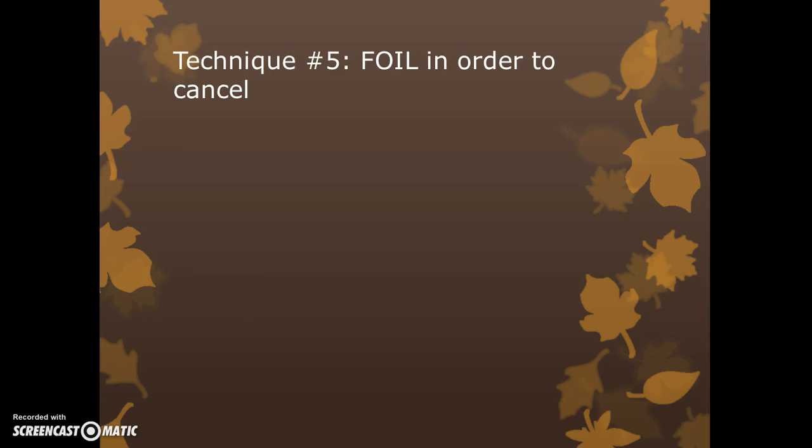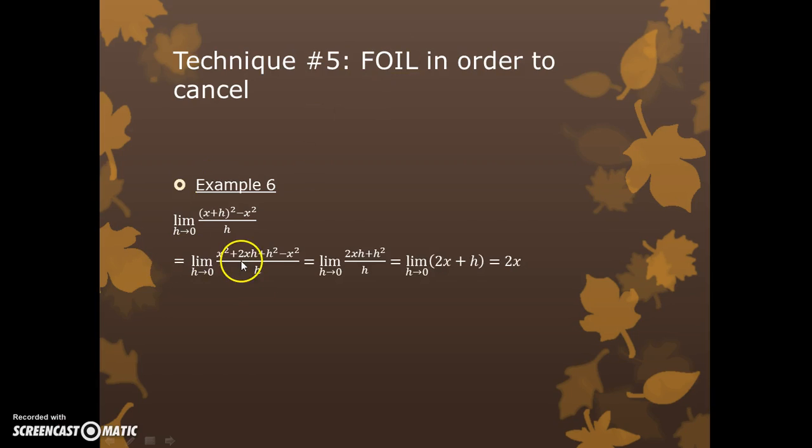Technique 5. FOIL in order to cancel. Sometimes you got to make things a little more complicated in order to actually get things to cancel out. For example, limit as h goes to 0 of (x plus h) squared minus x squared over h. If you were to distribute and FOIL the (x plus h) squared portion, you get a limit as h goes to 0 of x squared plus 2xh plus h squared minus x squared, and notice that the x squared portions